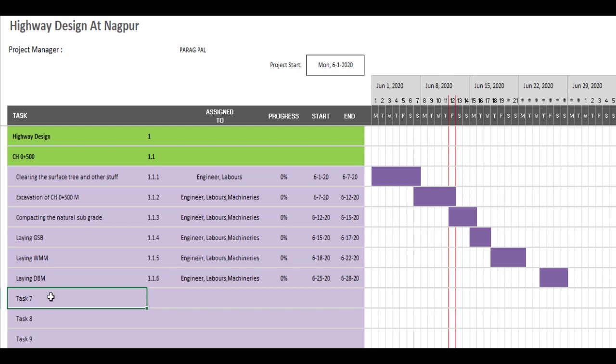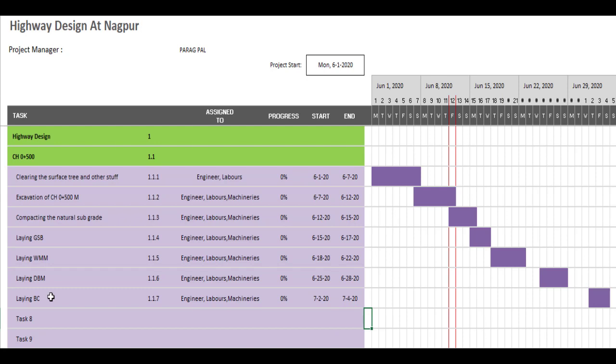Now after that, I'll provide codes, and that code comes under laying the bituminous course, like the top layer. So 1.1.7. Same people are required, but the cost will be different. You can add the cost component here also. I'm going to demonstrate in a few more scenarios to check the cost components. You can see the progress 0 over here, and this activity will start after 4 days and end within 2 days. So like this, what I have prepared.